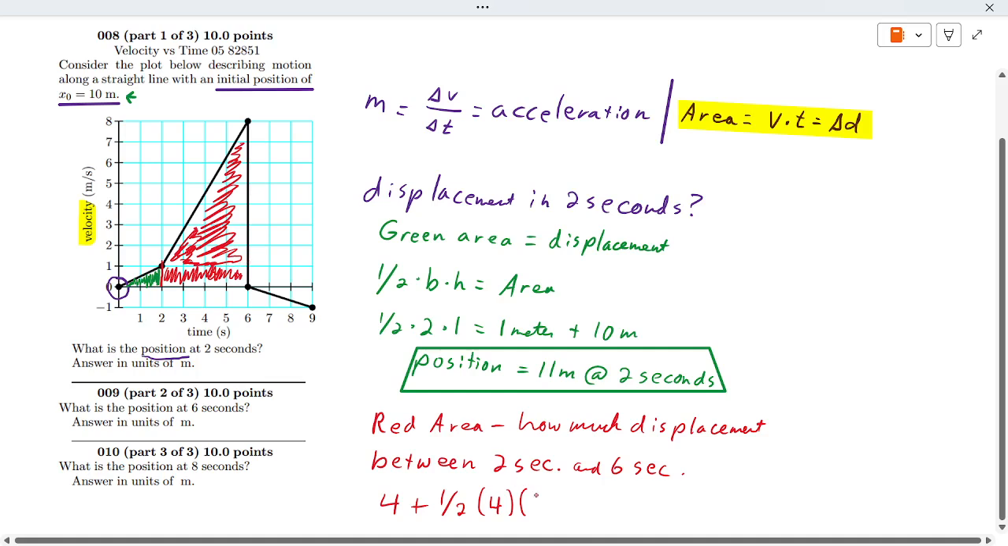And so 1/2 times 4 times 7. Now let's see. 1/2 times 4 is 2, times 7 is 14. So 4 plus 14 is 18 meters. 18 meters more. So its position then will be